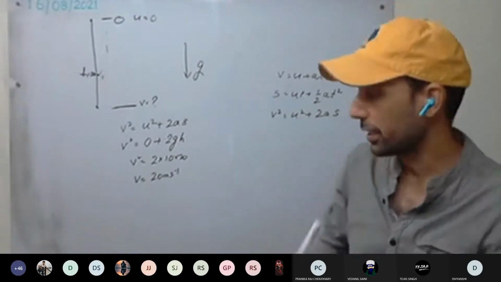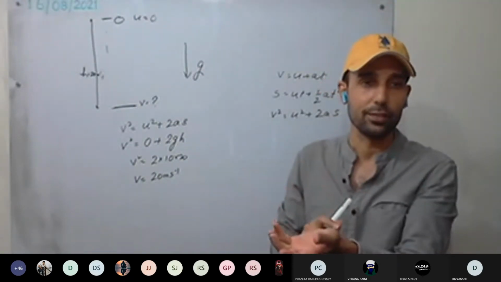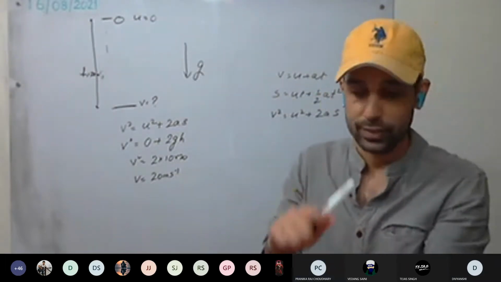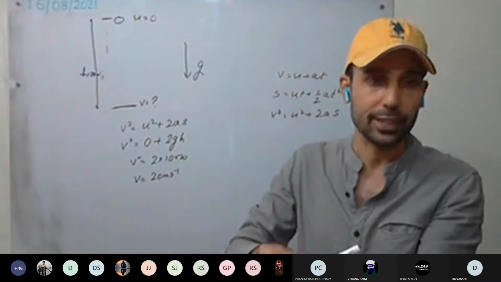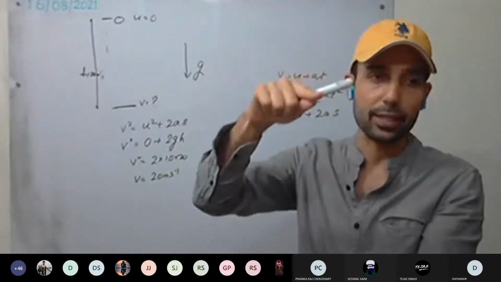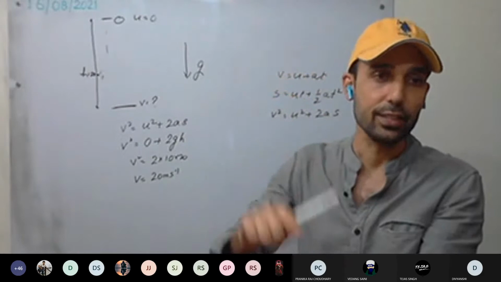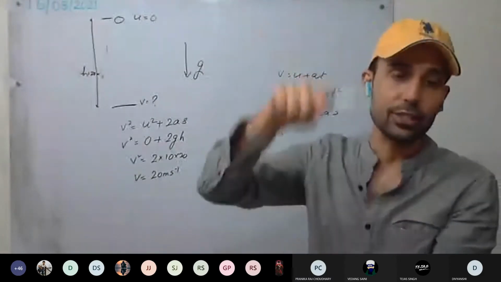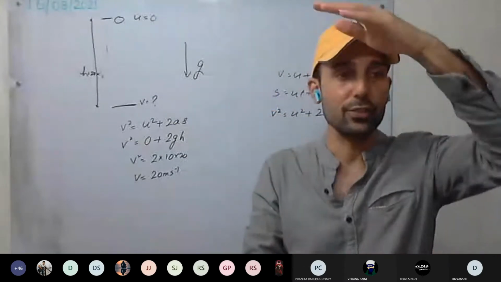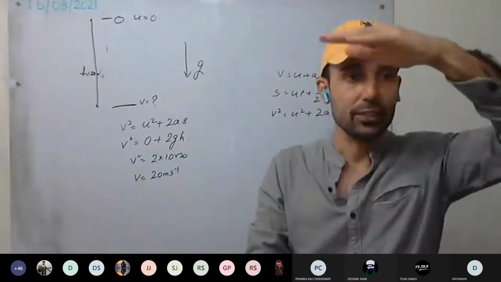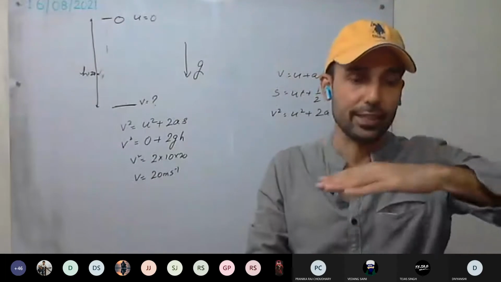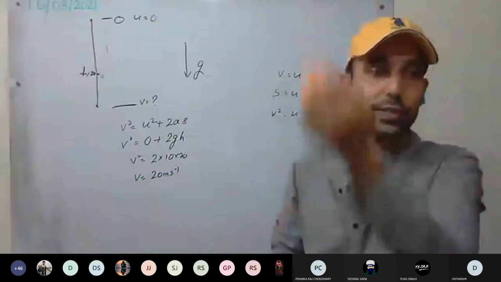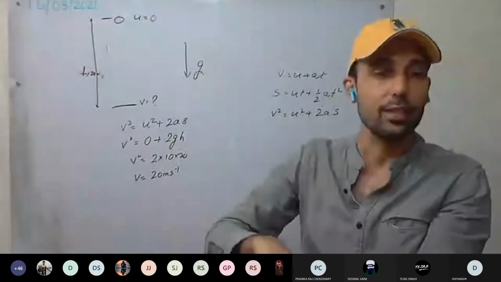So what do you see? What was the initial velocity with which we threw the ball? 20 meter per second. So always remember, if you throw a ball upward with some velocity, for example 5 meter per second, it will reach some point and then come down again. It will have the same velocity as it reaches the ground. Understood? Because the acceleration is the same. While going up, each second its velocity reduces by 10 meter per second. While coming back, its velocity increases by 10 meter per second. So we have the same velocity as the initial velocity.